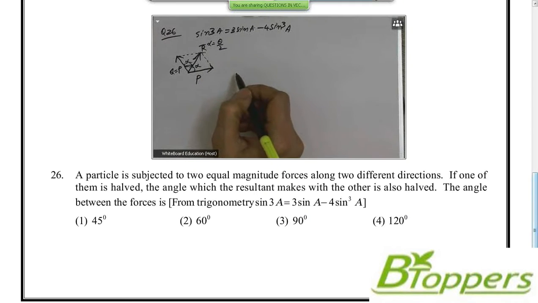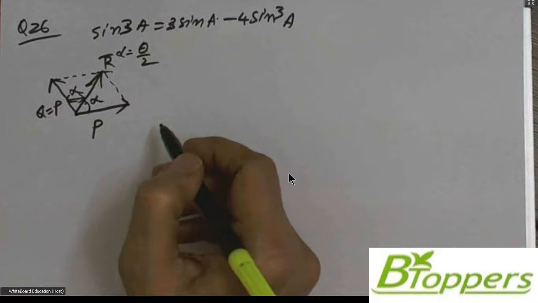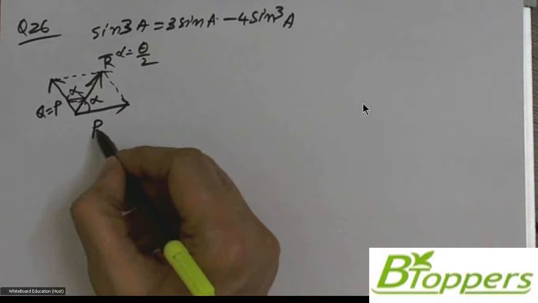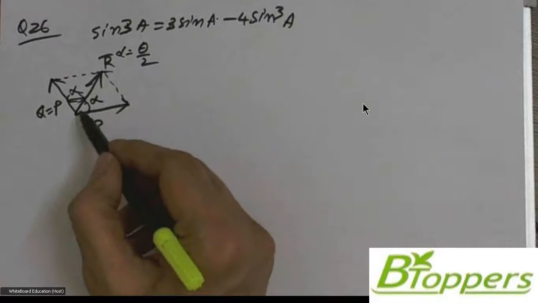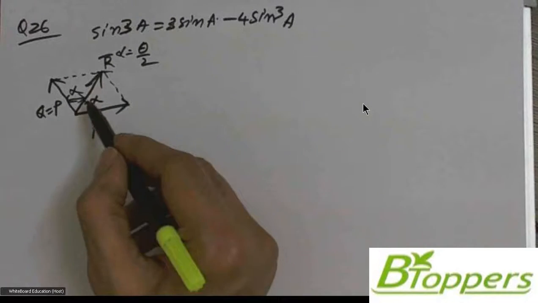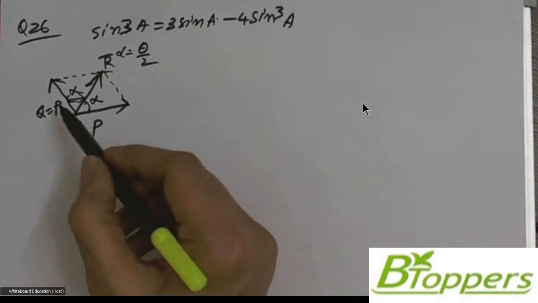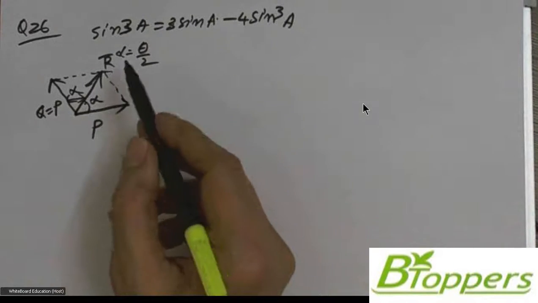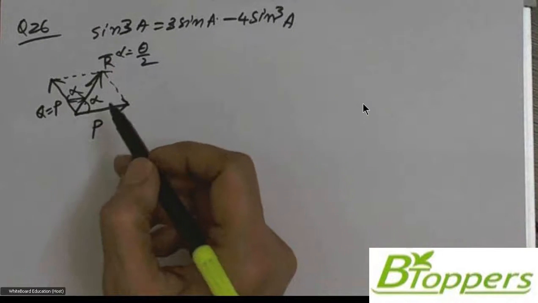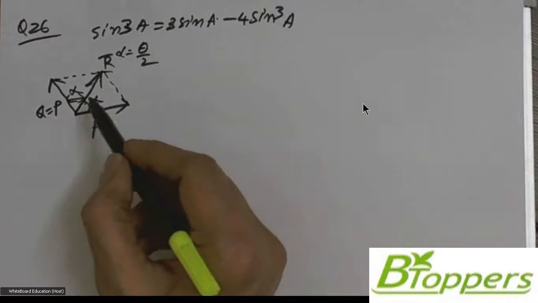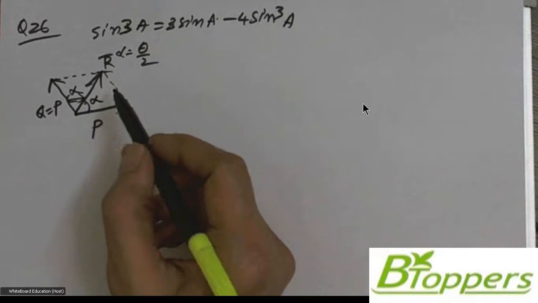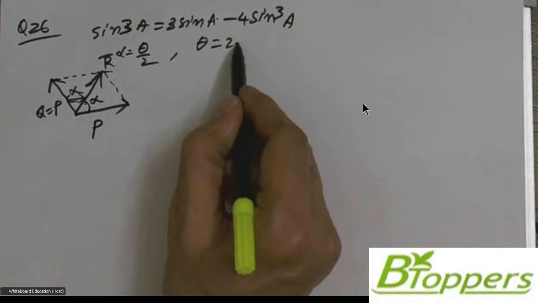Look at the solution of the problem. In the first case, P and Q denote the magnitudes of the two forces, which are equal, and the resultant bisects the angle between the two forces. Let alpha denote the angle made by the resultant with the two forces P bar and Q bar. It is given that P bar and Q bar have the same magnitude, so we can write Q equal to P. The resultant bisects the angle when they have the same magnitude, so alpha equal to theta by 2. Here theta means the angle between the two forces, or you can write theta equal to 2 alpha.